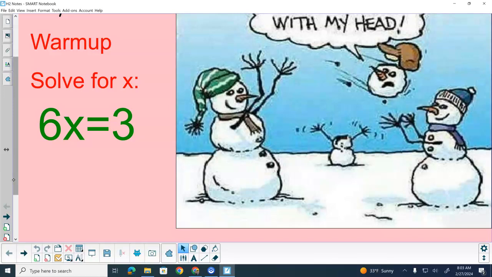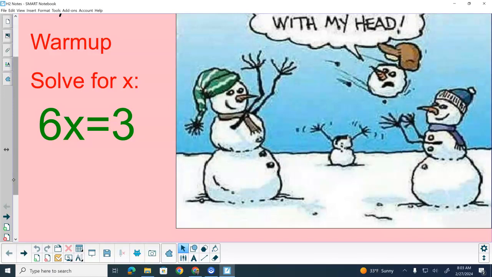Do you have any parentheses to clear? Do you have any fractions to clear? Do you have any like terms to combine? No. So what's next? Look at the top of your paper. What's next? We clear the parentheses first, clear the fraction second, combine like terms. Add, subtract. Is there anything to add or subtract? No. So we can jump right into